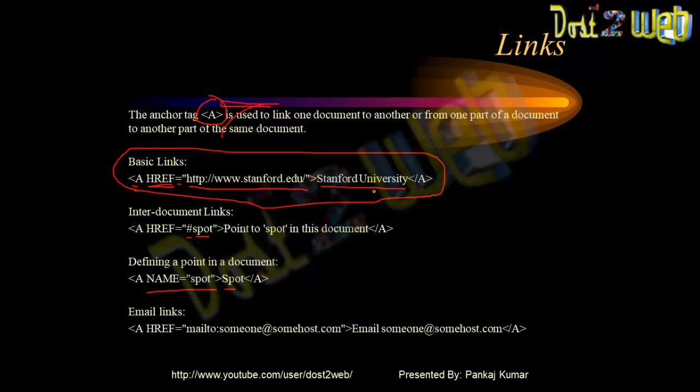If you want an email link, you have seen on many websites there will be a link of email. When you click on that, Outlook automatically opens and that email ID is added. So if you want to use an email hyperlink, you use the same way href is equal to, then mailto, and whatever email ID you are going to use, you write that email ID. So this is for mailing; you write your email, close the tag, and automatically your email link will be done.